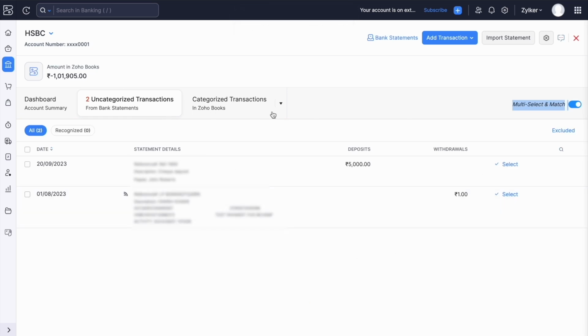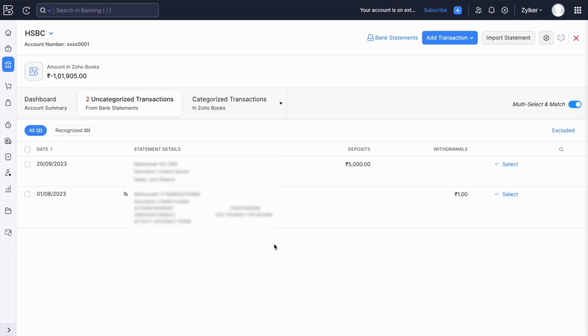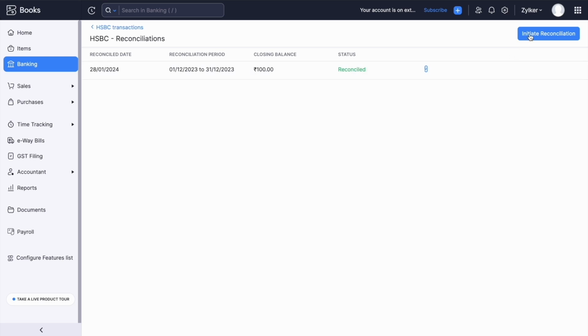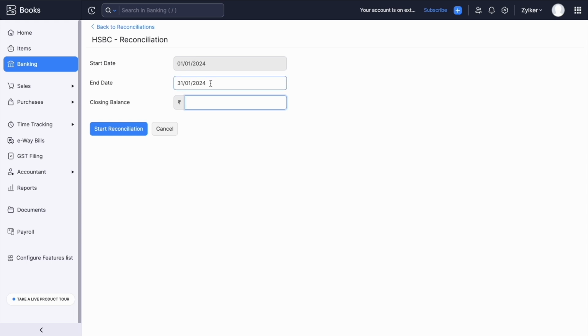So now we have seen the various ways of matching and categorizing the transactions. Now what can be done in the banking module, which is the ultimate motto of a banking module, is reconciliating your bank account. To reconcile a bank account, you can go to the banking module, select the particular bank account, hit the gear button next to import statement and click reconcile account. A reconciliation can be done for a particular period by clicking initiate reconciliation. Select the period that you want to start this reconciliation and enter the closing balance as per your bank balance